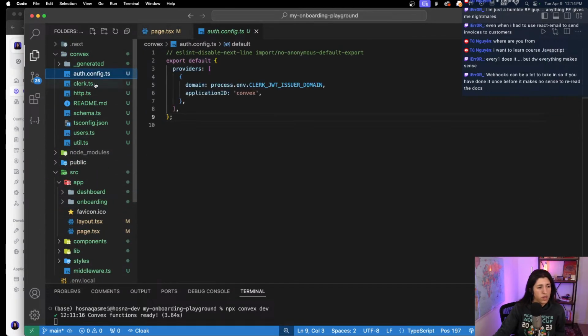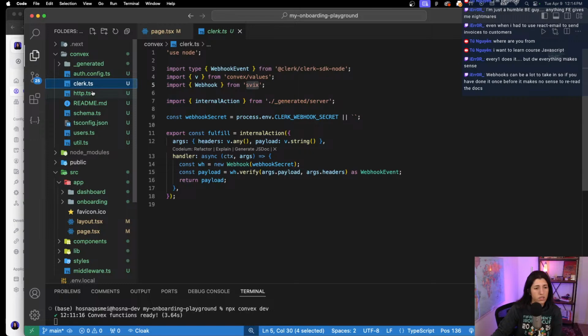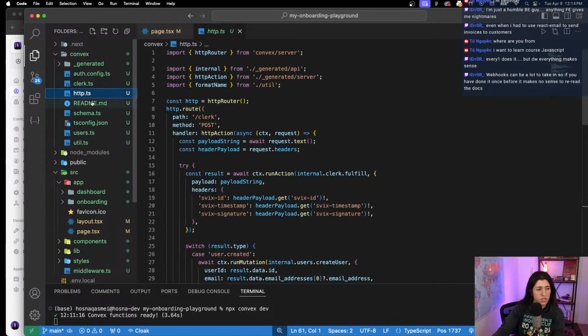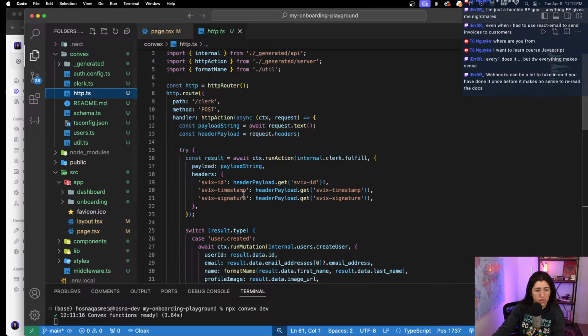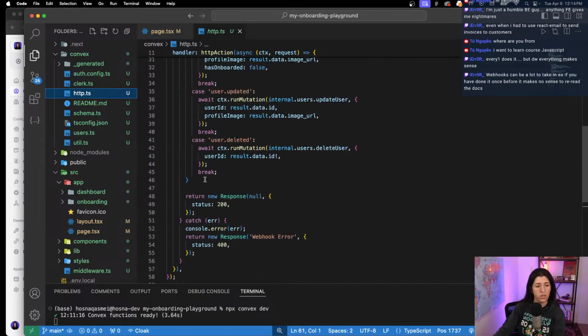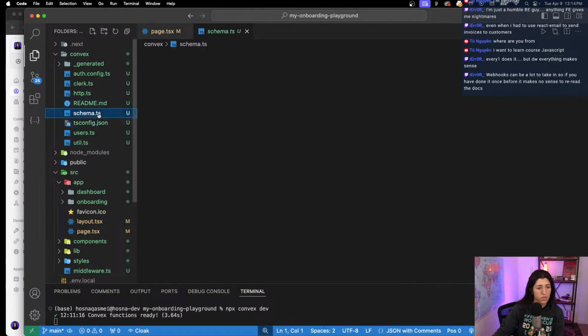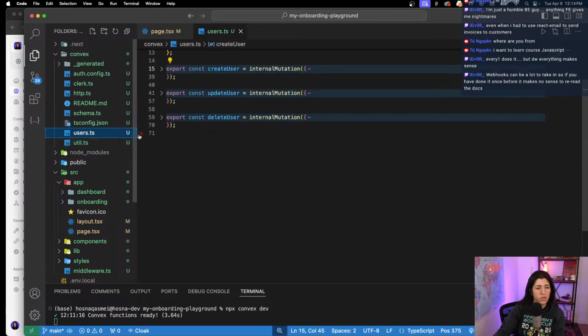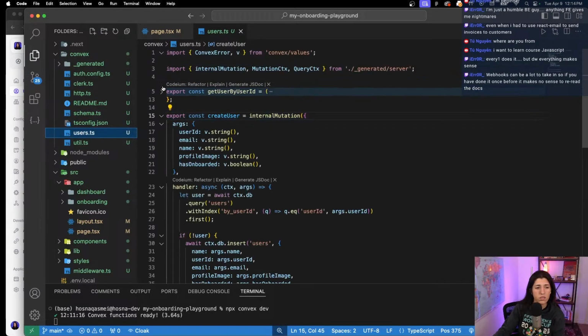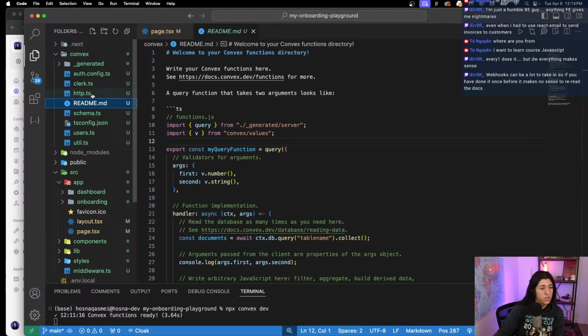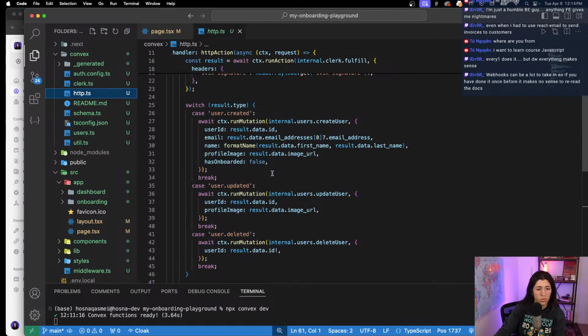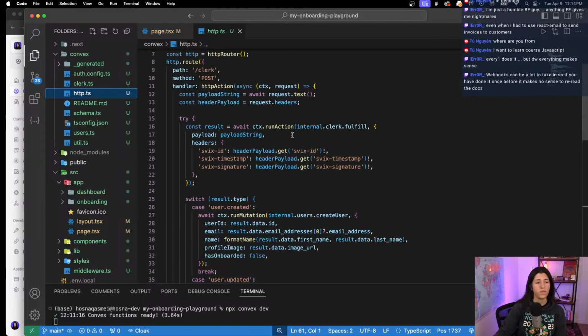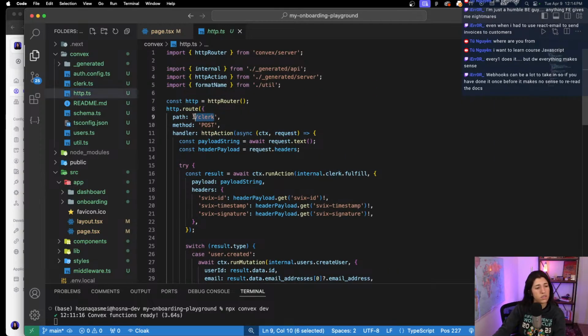What did I forget? So we have that, we have these. No errors. README, schema. We got this. Okay, I guess, where is this being created again? That's being created when we hit this, run mutation, create user. So when is this being hit? I think we need to add something in the